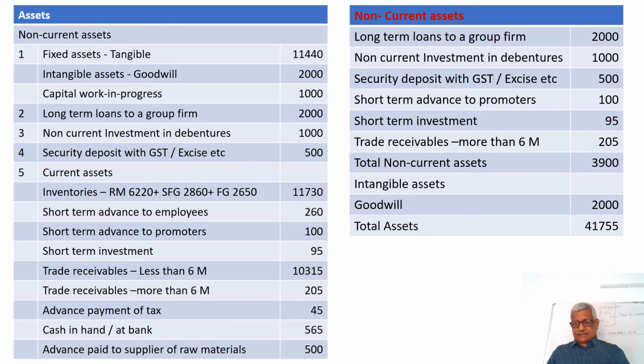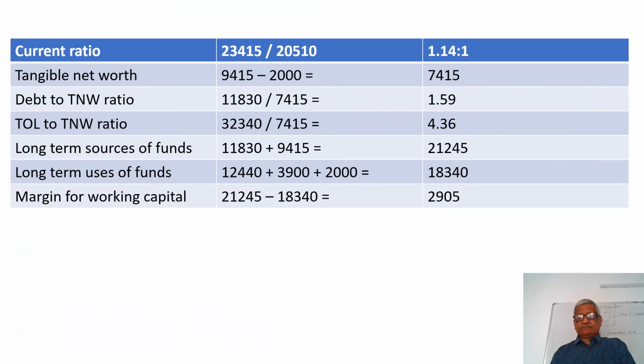So the current liability, term liability, net worth, that is the equity and liability side. And coming to the asset side, we have the current assets, fixed assets, non-current assets, and intangible assets. This is how the reclassification of the various items of the balance sheet is done, which is what is called a balance sheet spread. Now let us think about the major financial ratios based on the balance sheet.